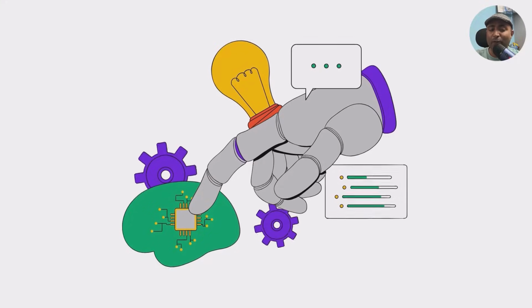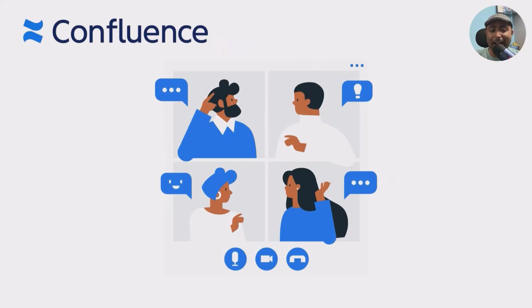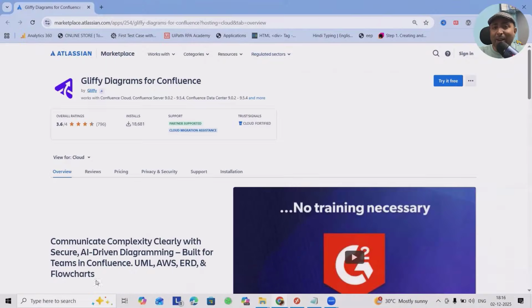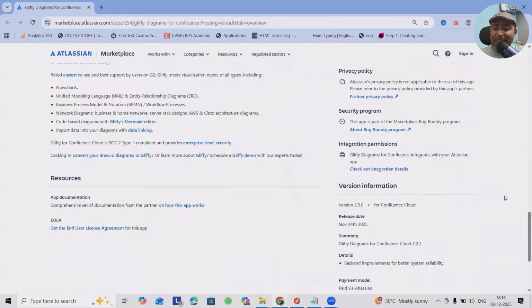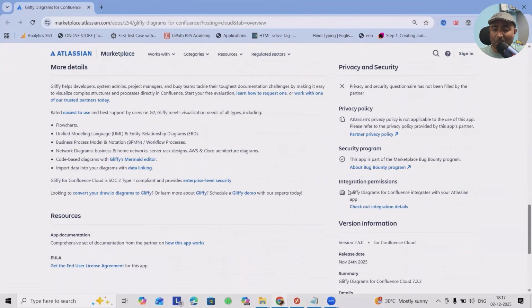Plus, it's the only fully integrated diagramming app in Confluence to achieve SOC 2 Type 2 compliance and the Cloud Fortified certifications. Whenever you navigate to Gliffy Diagrams for Confluence, you can see it's Cloud Fortified, and you can see other certifications also in place, where it already has SOC 2 Type 2 compliance,